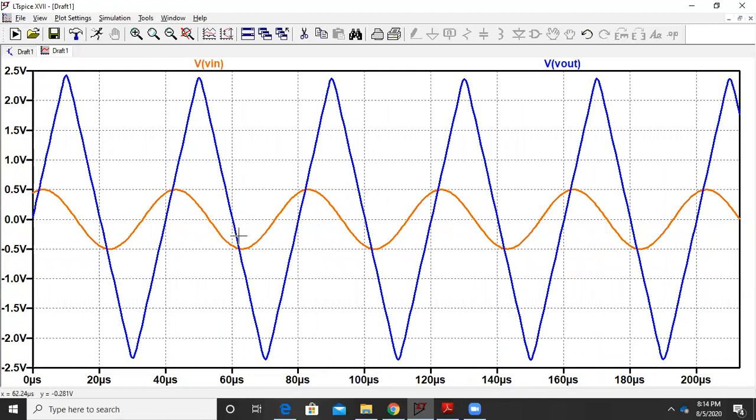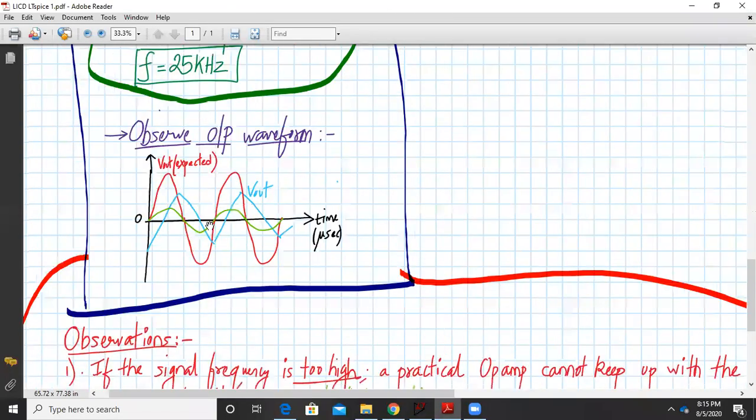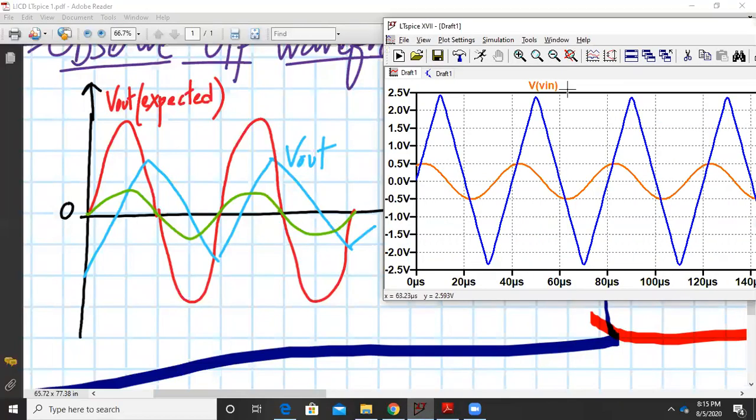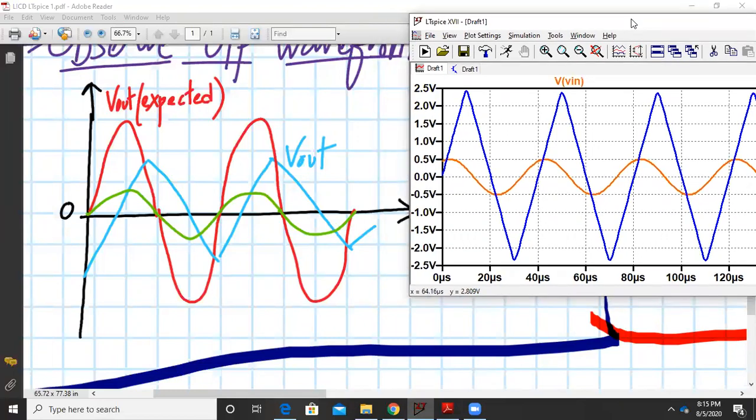Here what has happened, we are supposed to get the sinusoidal signal and we are getting a triangular wave signal. So that is what is expected in the PDF. That is what is given over here. The red color which you have drawn is the expected output, and we are getting this output instead, a triangular wave. So this is what we are getting. On the left hand side, it is perfectly fine, and on the right hand side they are perfectly matching. But this is undesirable.